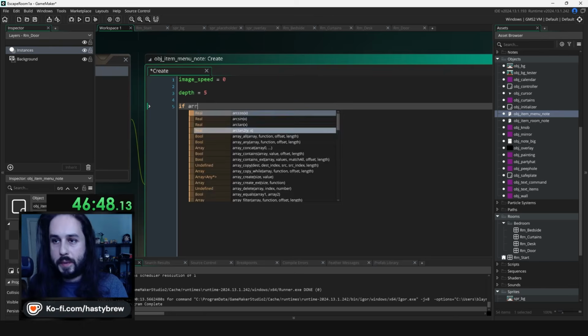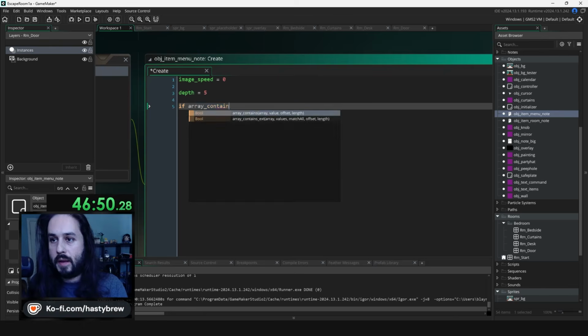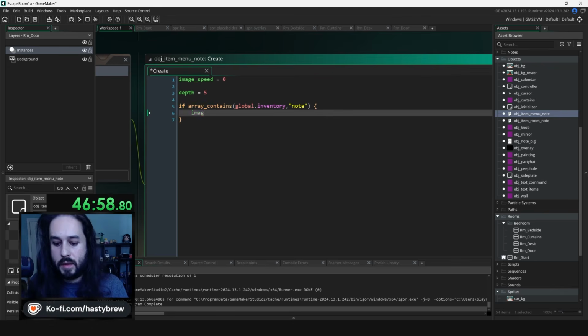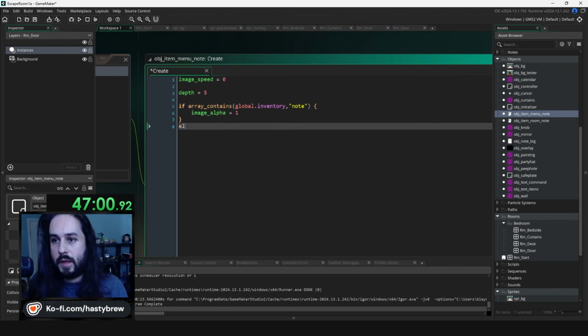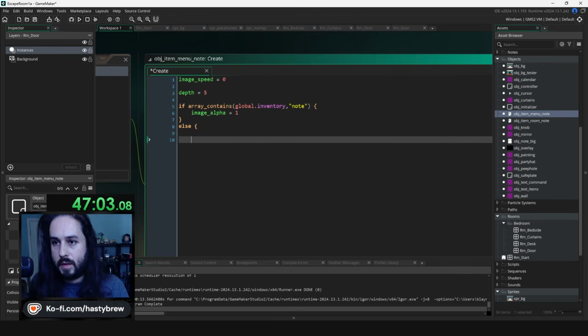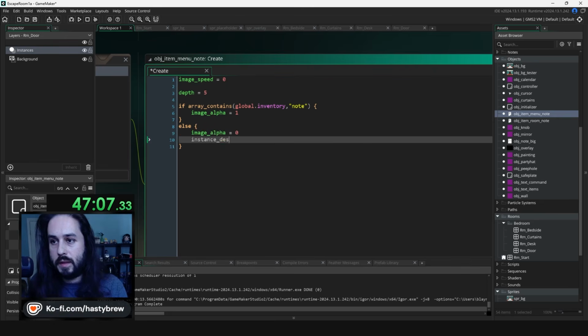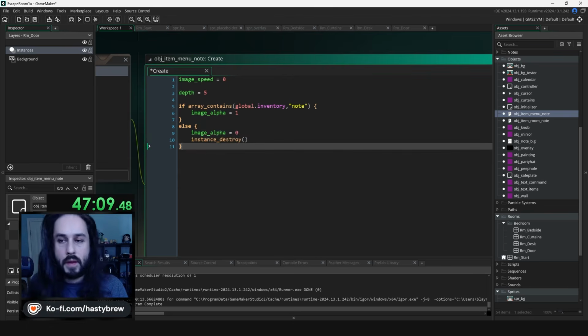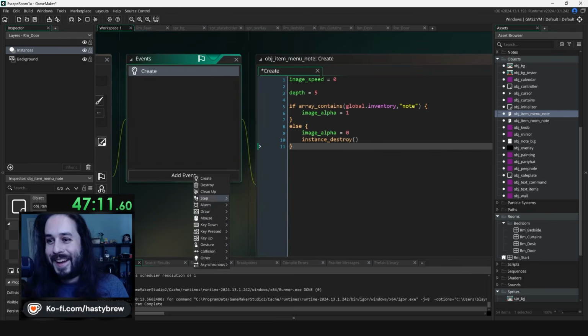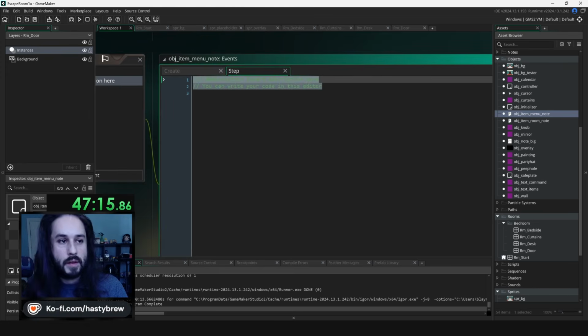And then the opposite. If array contains global.inventory note, image alpha equals 1, else image alpha equals 0, instance destroy. We're getting close. I mean, there's still a lot to do, but